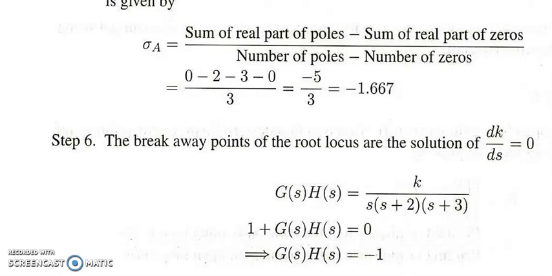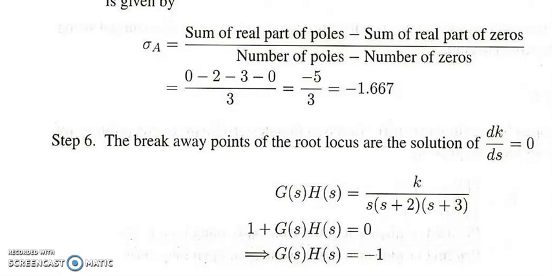to the sum of the real parts of the poles minus the sum of the real parts of the zeros, divided by the number of poles minus the number of zeros. So you have 0, minus 2, minus 3, minus 0, by 3, which is equal to minus 5 by 3, which is minus 1.667. The breakaway points of the root locus are a solution of dk by ds is equal